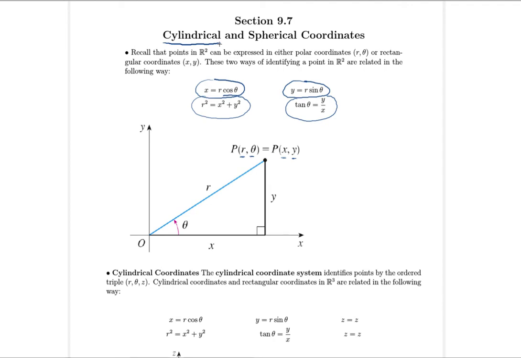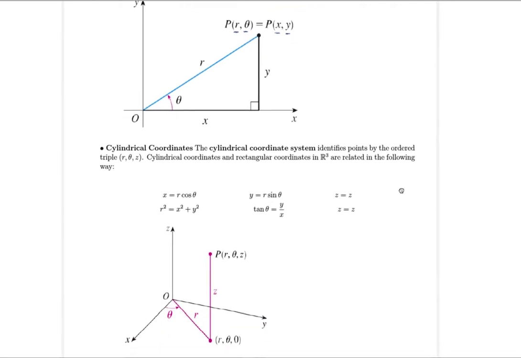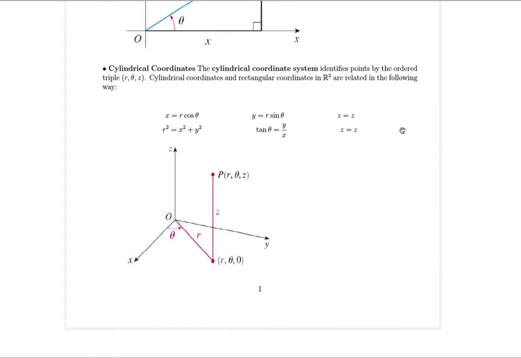Now, we call them cylindrical coordinates because when we talk about polar, we're talking about identifying things by its location on a circle, right? What's the radius of the circle and what angle are you at on that circle? So that's where the polar is coming from. So then cylindrical, a cylinder is just a circle that has a height, right? So all we're going to do for cylindrical coordinates then is give our polar coordinates a height or a z